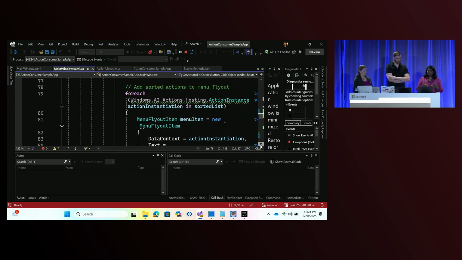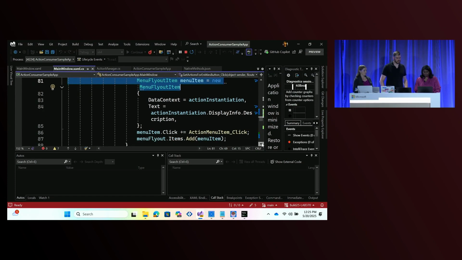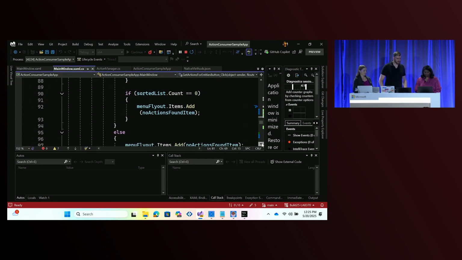And the next step, the third step, is go ahead and decide how you want to show these actions to the end user. In my app, I chose a menu flyout, so that's what this is. This is just a simple menu flyout, and I've decided that I'm going to show all my actions in this menu flyout, as you saw in the Fourth Coffee app.